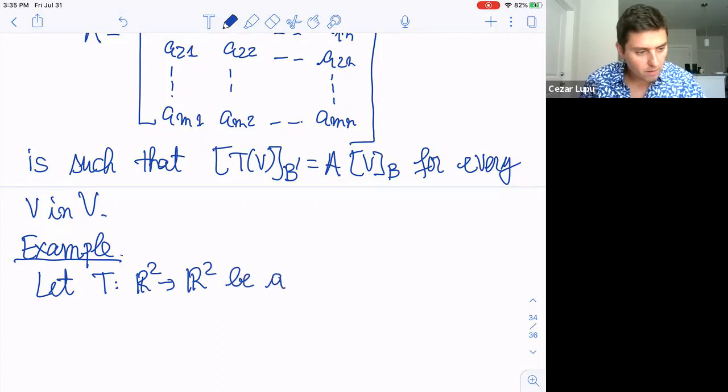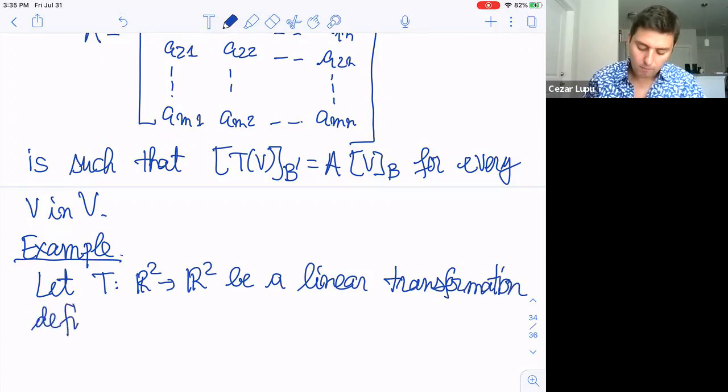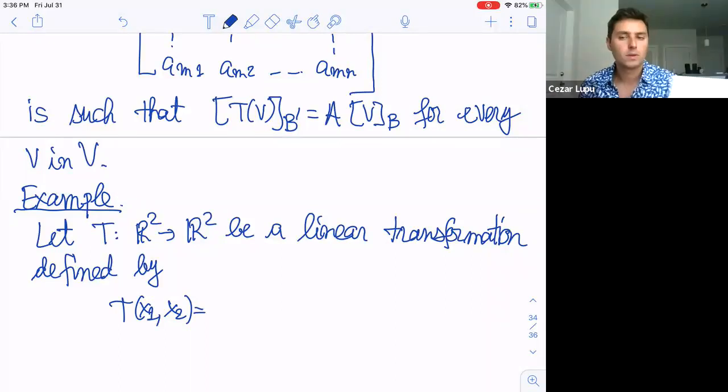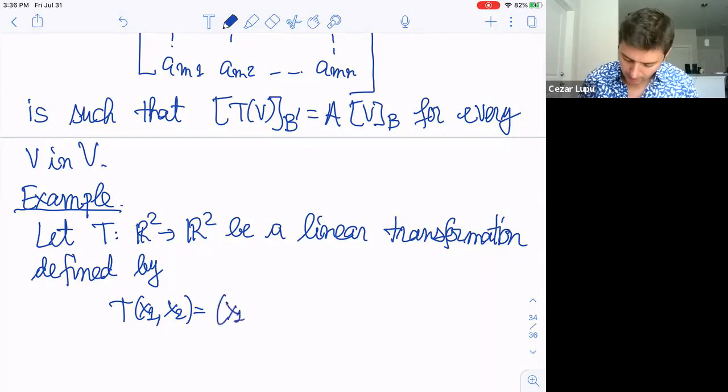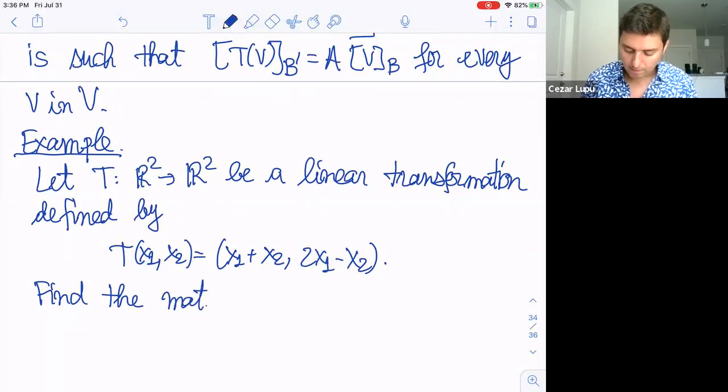Let T be a linear transformation defined by T of x1, x2 is x1 plus x2 and 2x1 minus x2. Okay, find the matrix for T